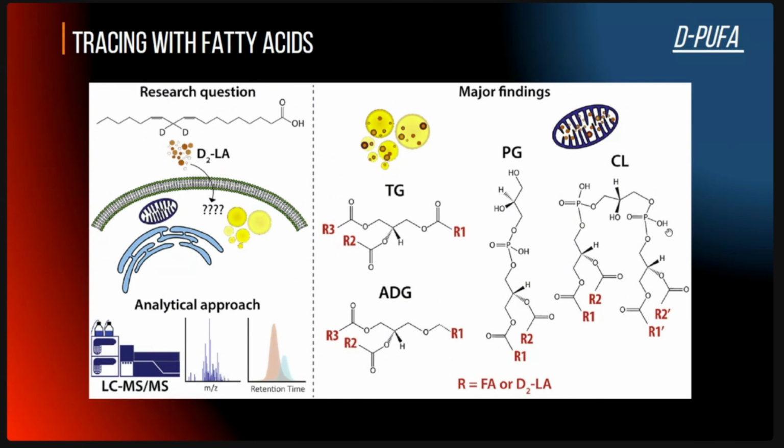And so the research question was answered, and the major finding was that the D-PUFA go into keratinocytes, at least to triglycerides and storage lipid molecules, and then a bunch of those go to the mitochondria. There are a bunch of hypotheses as to whether these compounds act as an antioxidant in mitochondria. So we just went one step ahead to prove that these things go inside the cell and go significantly into mitochondrial lipids, phosphatidylglycerol and cardiolipin.